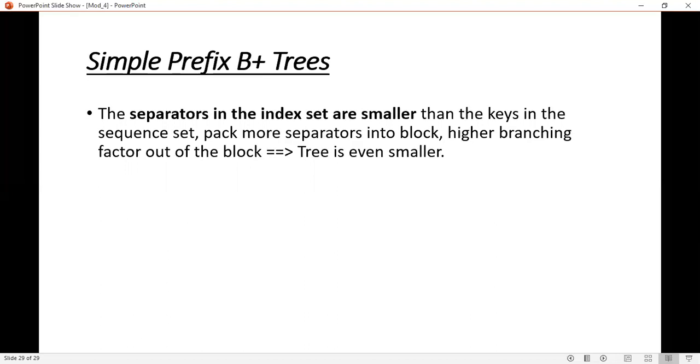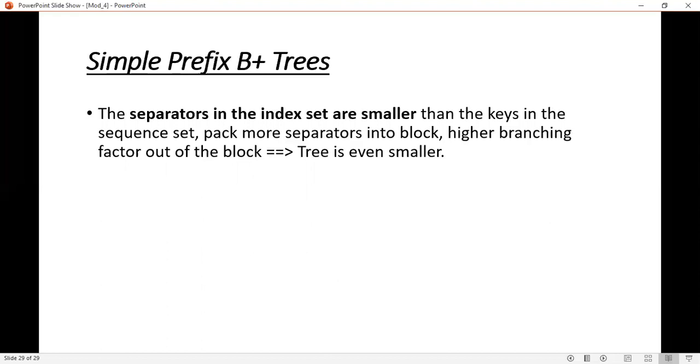So we can say, what does the B tree do? It maintains the entry sequenced records. So it is difficult to get the sequenced records easily from B trees. In the B plus trees, what you did is you created an index set of actual keys upon the sequence set, right?